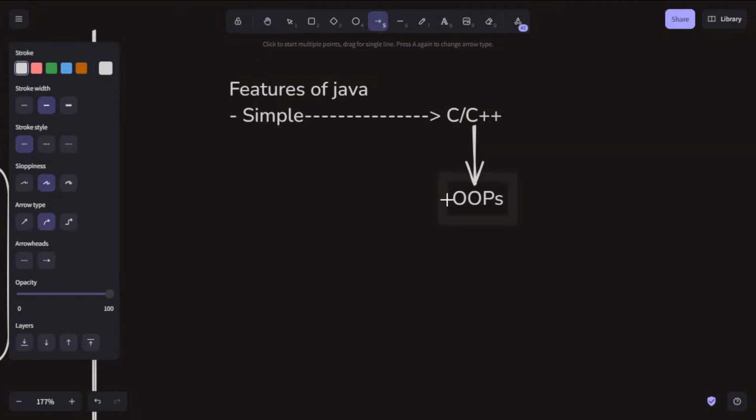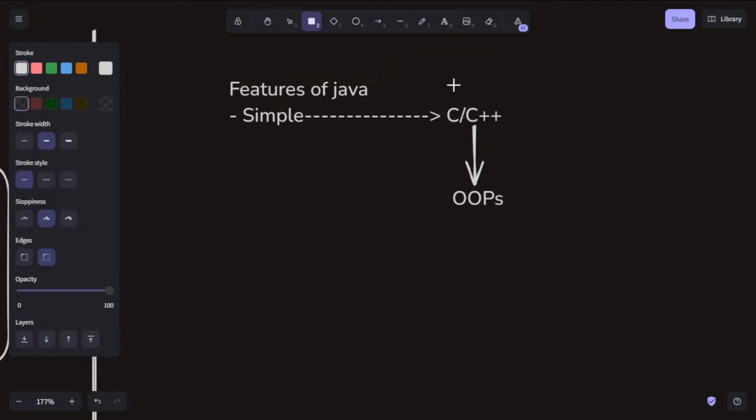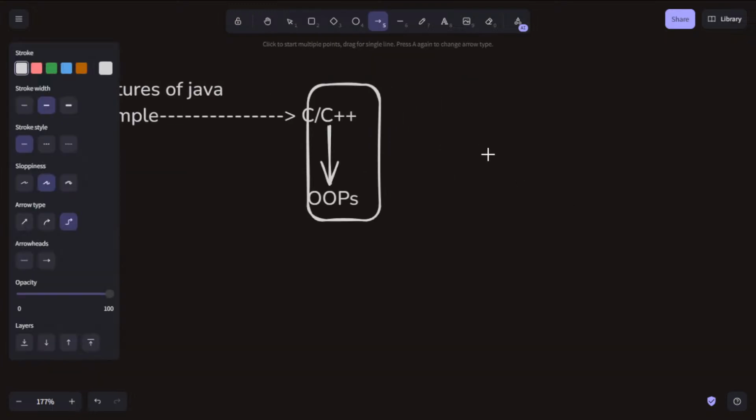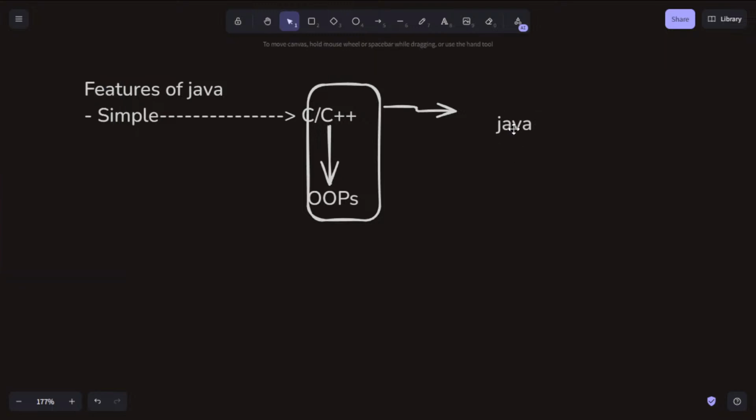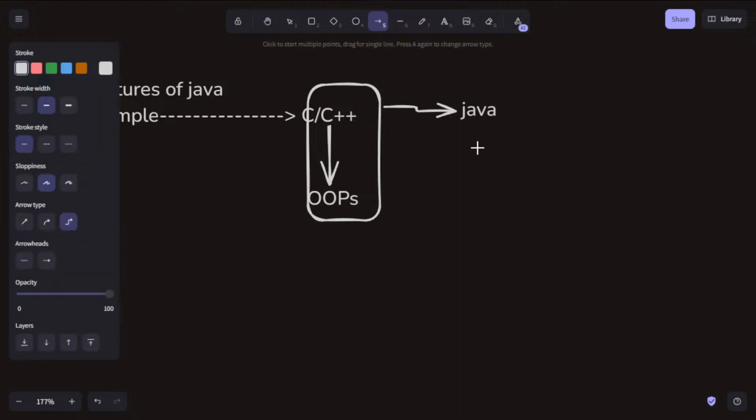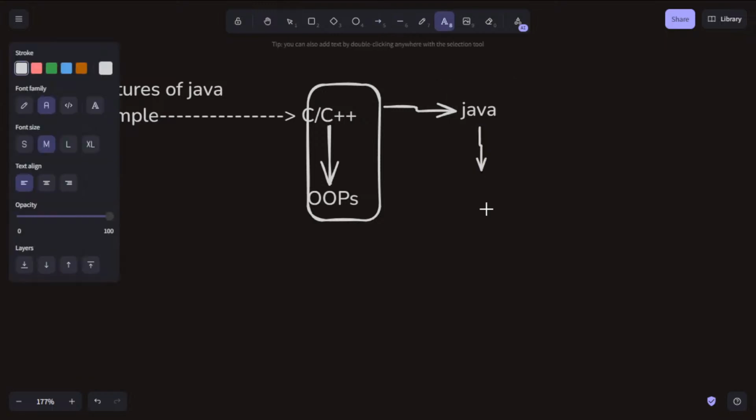After this, we introduced Java, a programming language with fully OOPS.